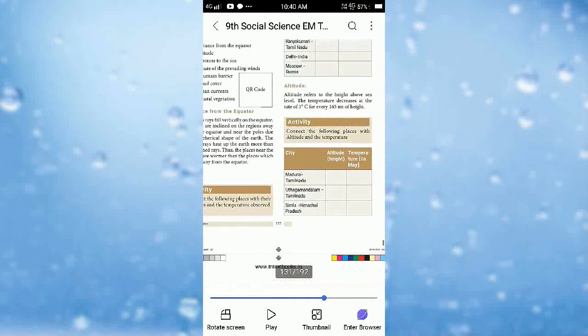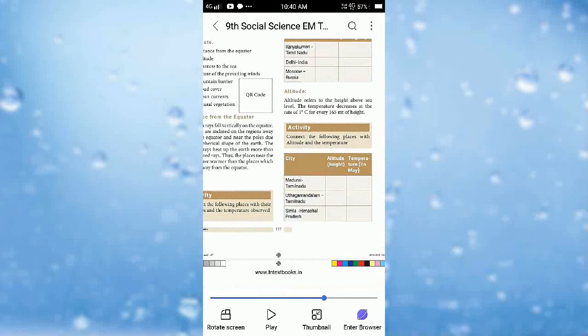Next one is altitude. What is the meaning of altitude? Altitude means height. Altitude refers to the height above mean sea level. The temperature decreases at the rate of 6.5 degrees Celsius per kilometer of height. This is called the normal lapse rate. Which is known as the normal lapse rate? The altitude, that is the height of the tower above the sea level, the temperature